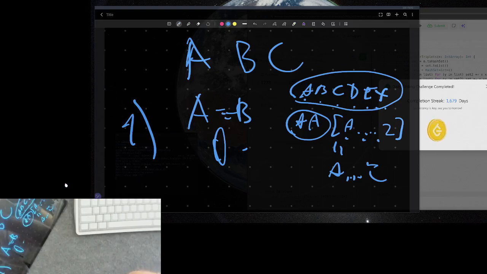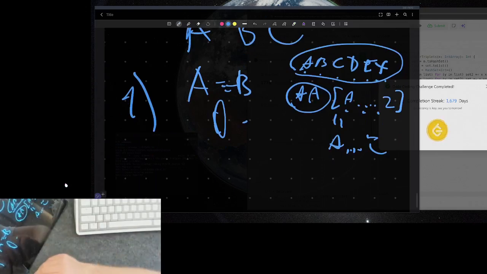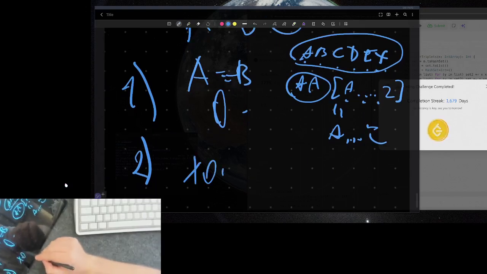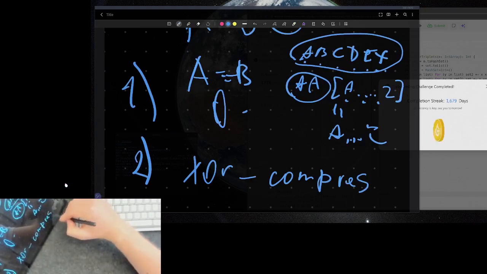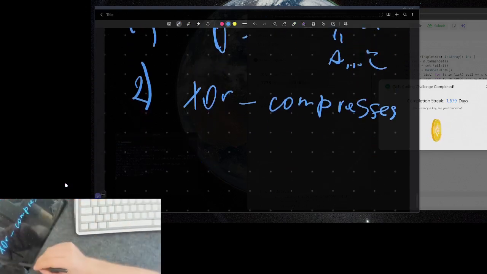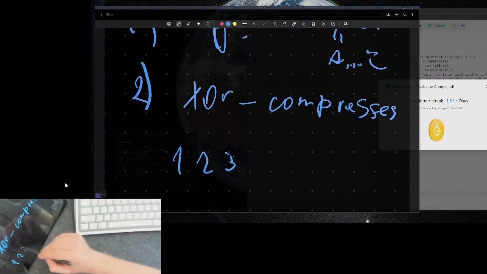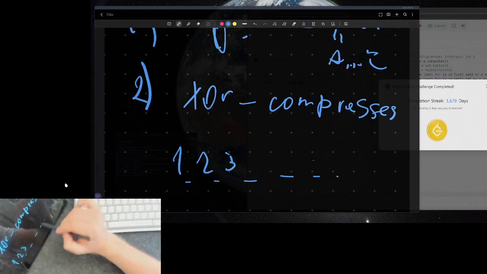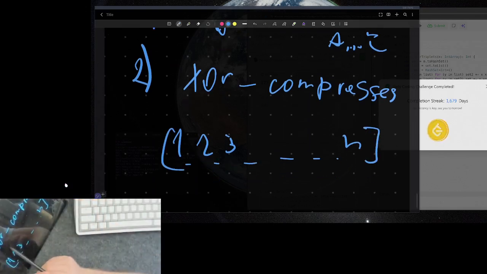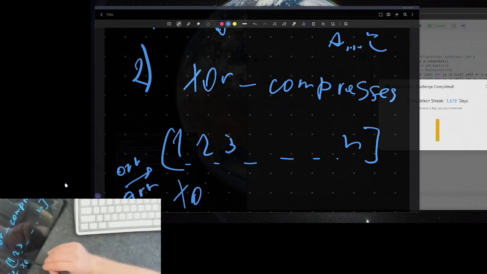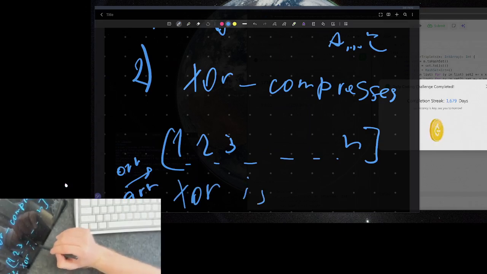So basically we can have all of the items as the result, but we also can have a second order intuition that XOR compresses very much, because imagine we have all the numbers from 1 to n. This would be the entire array, our array. And when we do XOR of triplets i, j, k,